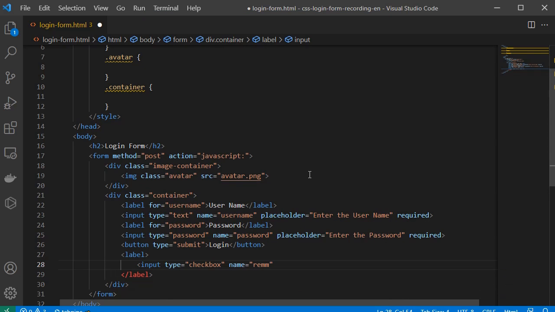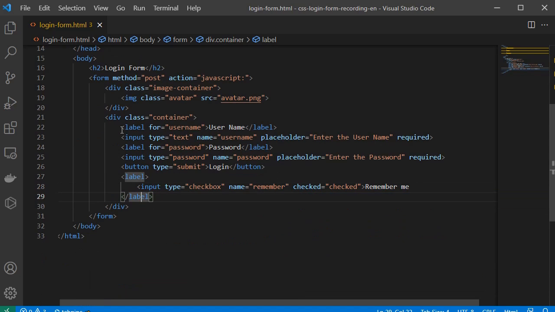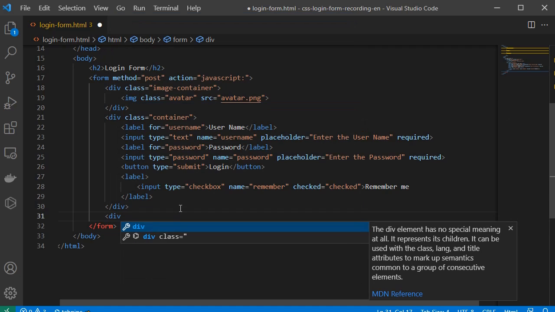Let's call it remember me. Should be remember. And the name of the field is remember. The type it's checkbox, and let's say that this one should be checked. And the text would be remember me. Okay, and this is what I have inside the container for filling the username and password and then checking the remember me checkbox. But then I would like also to have another